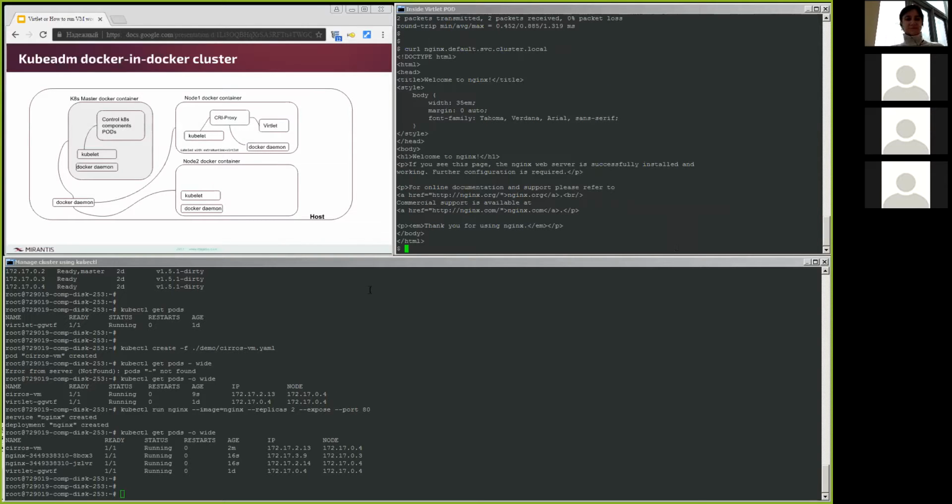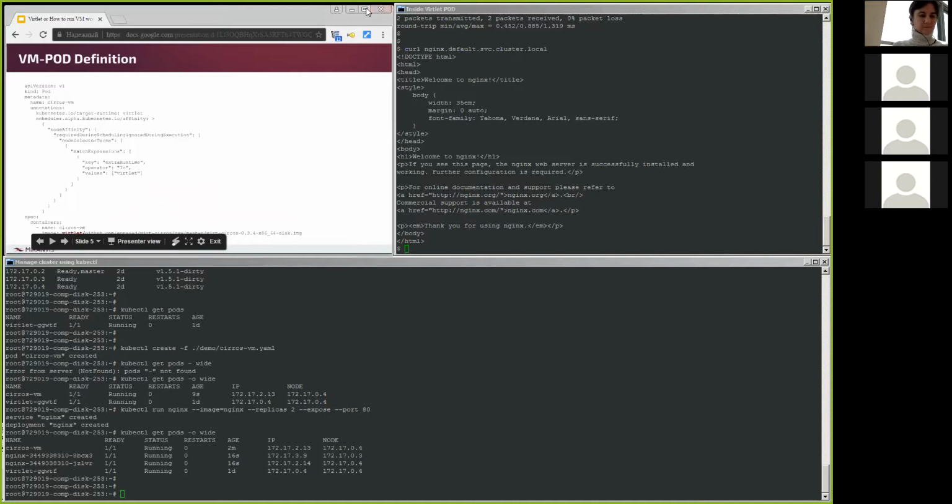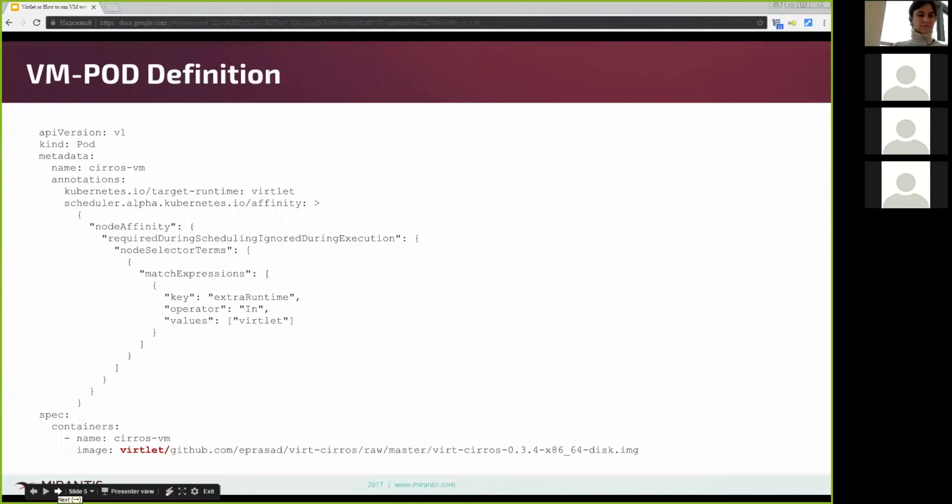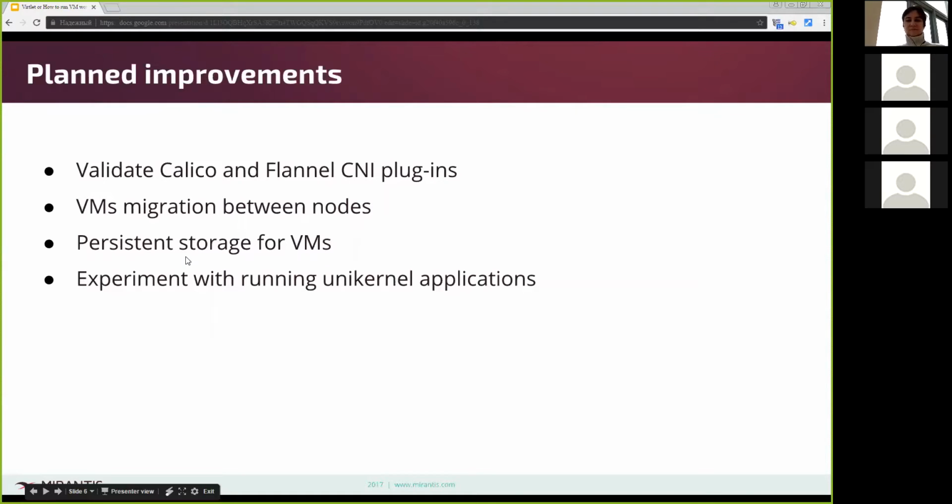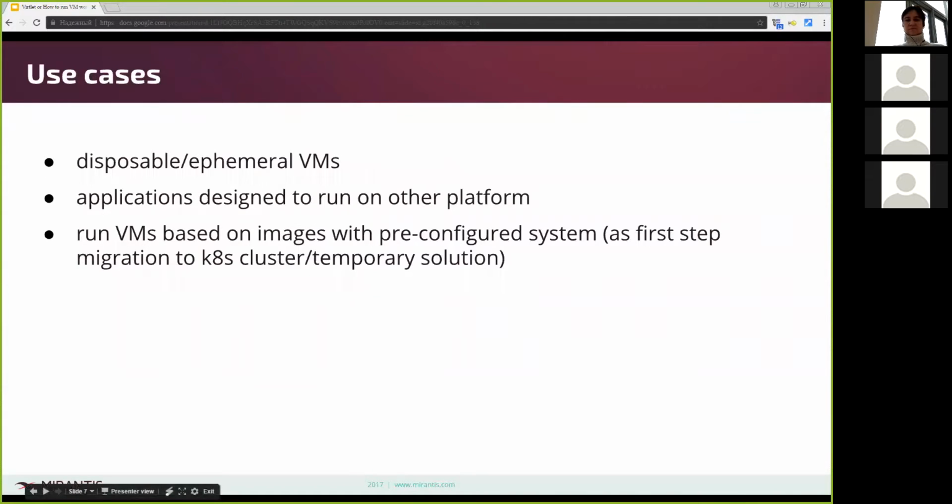Yes, it's also fine. So a few words about our next plans. We have CNI support now, but we still need to validate Calico and Flannel. Also, we plan to add VM migration between nodes, to add persistent storage for VMs, and to experiment with running unikernel applications. And the current use cases for Virtlet that we see are disposable ephemeral VMs, applications designed to run on